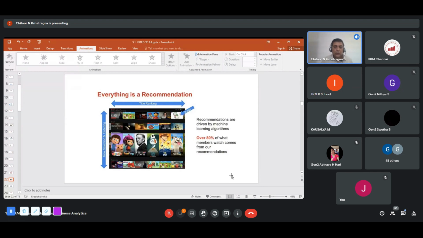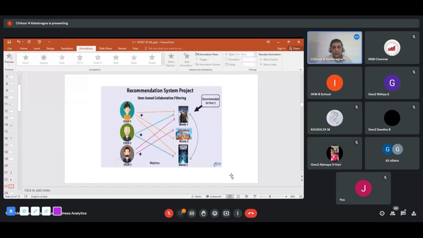Right? Let's say my prototype is, I'm of this age, living in this part of Chennai, a professional trainer, and so on. What kind of films do I watch? Like that, they would be grouping all similar kinds of people like me. Let's say another 50,000 people like me. What kind of films are they watching? You'll get a pattern. Based on that, they would give a recommendation. Very simple. This is how the recommendation system works.